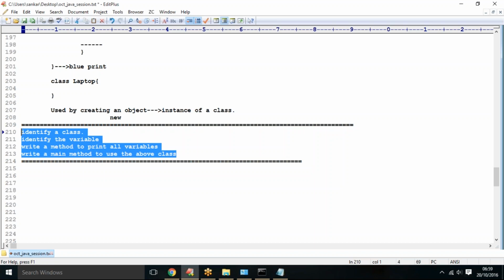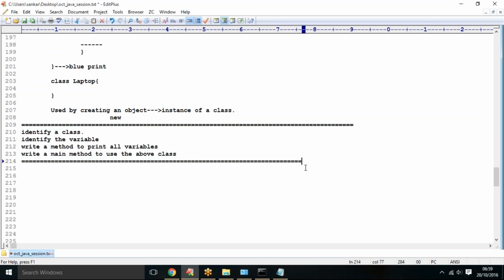Okay, so we'll meet in tomorrow's session. If you don't have the JDK, please download it immediately, install it, set the path and do this exercise. Please do the assignments as soon as possible whenever we complete our sessions. It will be very helpful to